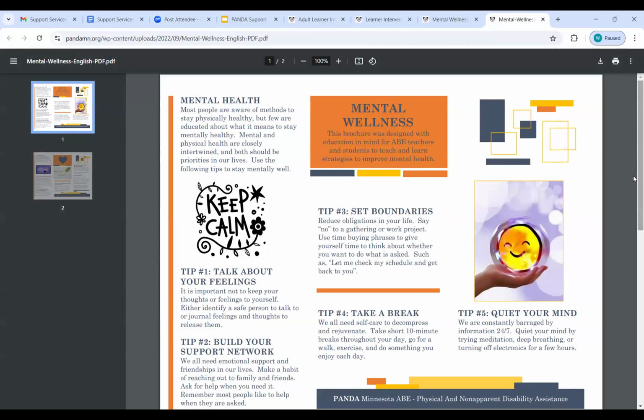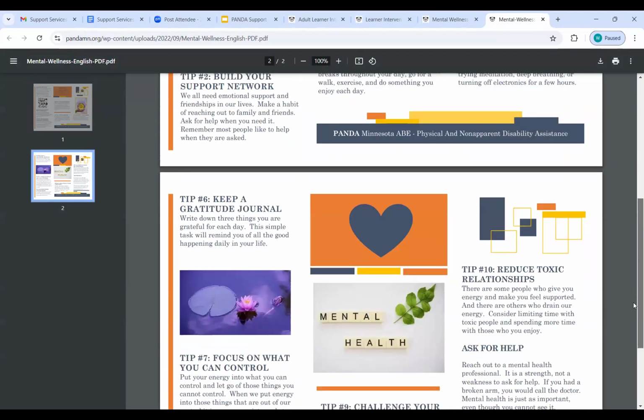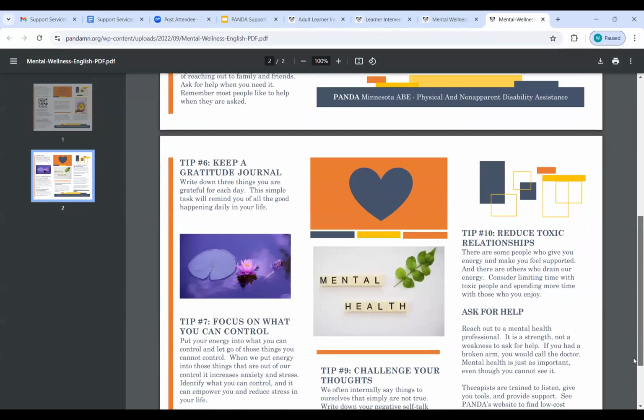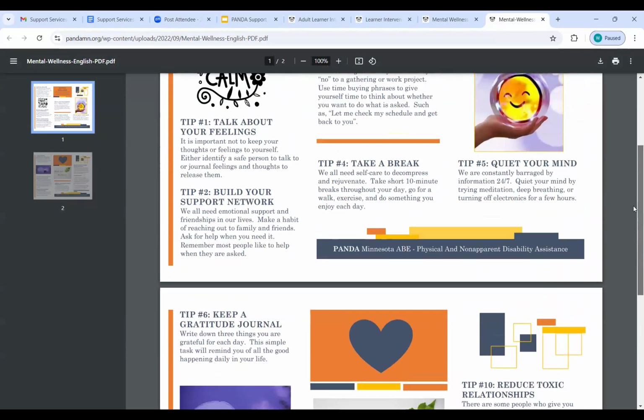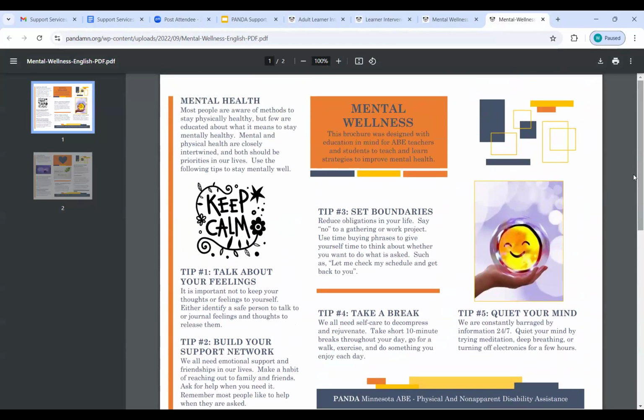That's very well documented and lots of information out there to learn how to stay physically healthy. But rarely do people talk about how to stay mentally healthy. And so I developed this tip sheet. It's just 10 tips. These are things you can either use in the classroom or you can